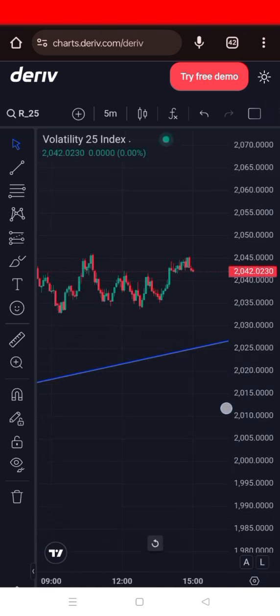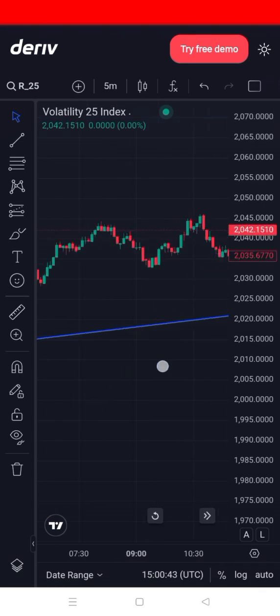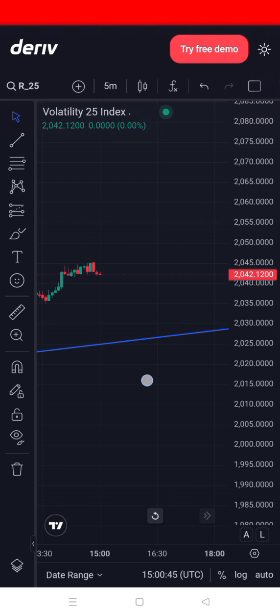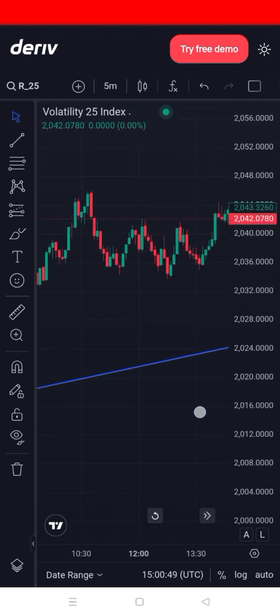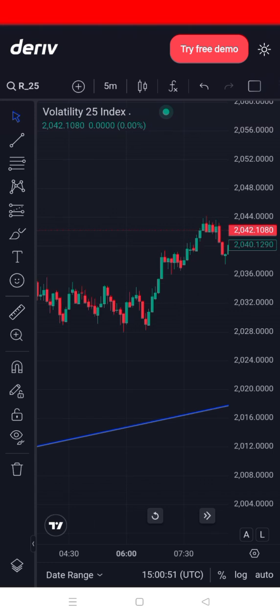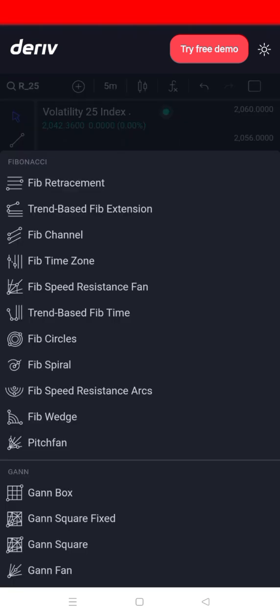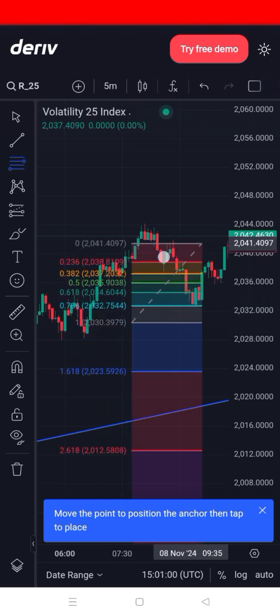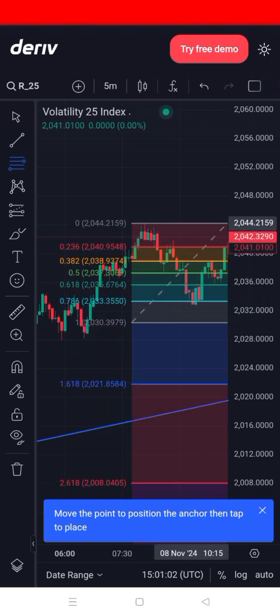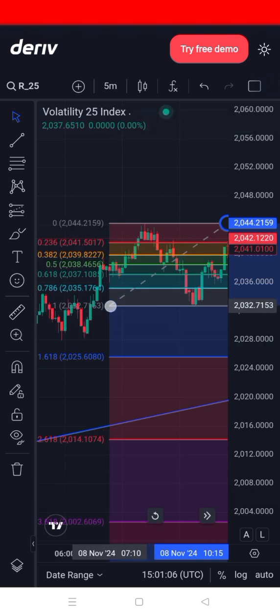At the 5 minutes we can see that the market is currently moving down. Let me look for anything significant. So looking at the 5 minutes, now see how someone does it. As a good trader, this is how you do your analysis. Looking at that 5 minutes, we can spot there is some resistance. So I'll just come and pick my